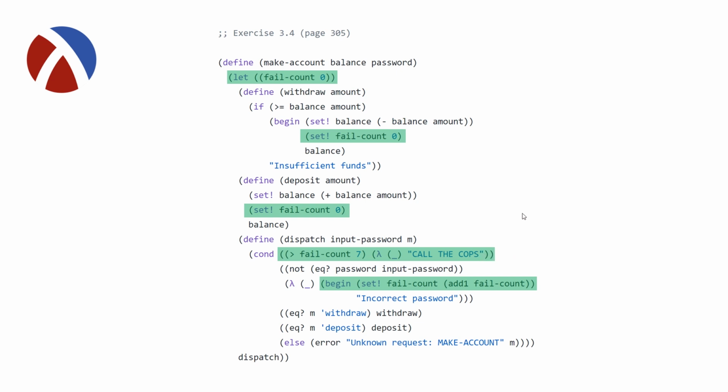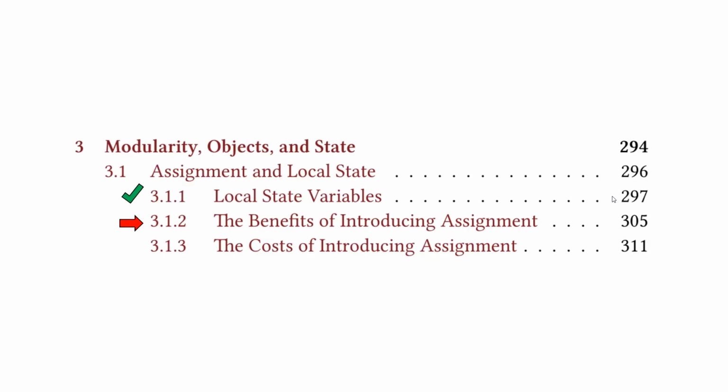So yeah, this is basically it. So once again, it looks like there's a lot of code on the screen, but in terms of what we were modifying from our starting point, it's actually not that bad. With this, that concludes the first subsection, which means we're going to be moving on to 3.1.2, the benefits of